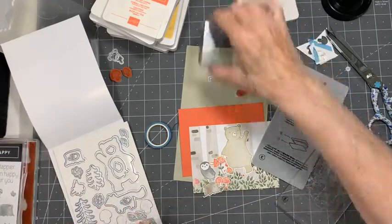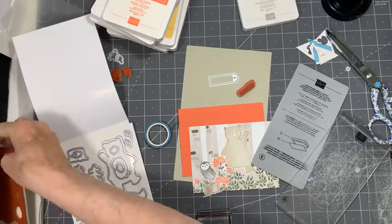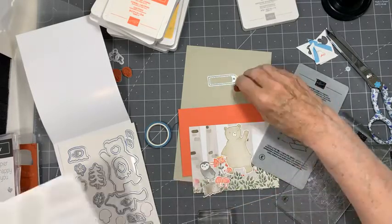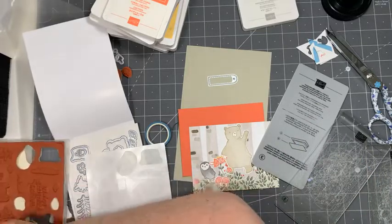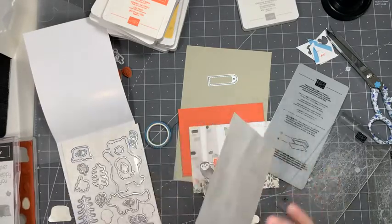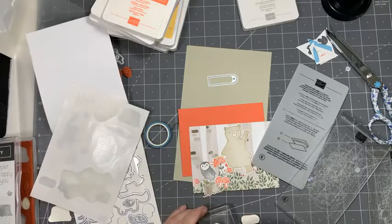So we're going to repeat that process and get our label onto our Welcome stamp. No, I'm not doing welcome. I want to do thanks. It seems like a cute thank you card. So I'm going to do thanks. So I just need my thanks here. Pop that on to